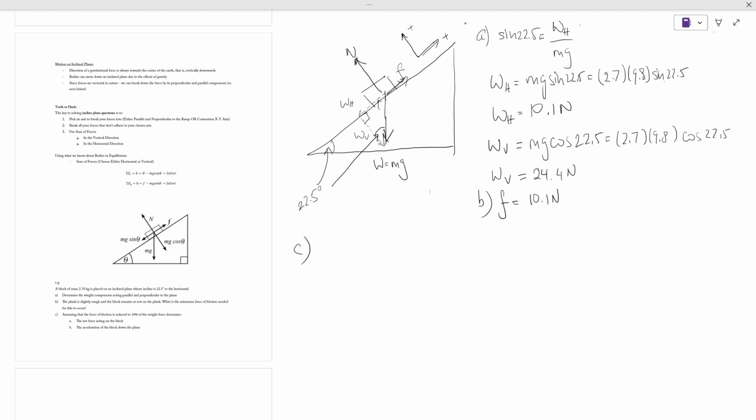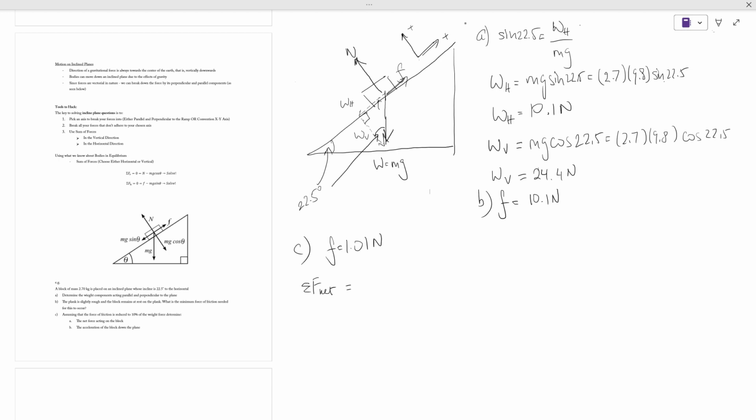Assuming that the force of friction is reduced to 10% of the weight force, determine the net force acting on the block. So let's say, for example, the frictional force is no longer 10.1, but 10% of that, right? So 10% of that is going to be 1.01. So let's just say frictional force is equal to 1.01 now, right, in that direction. And we're trying to find the net force. So now, because your frictional force is just 1.01 newtons going to the right, your net force effectively on the block is just going to be